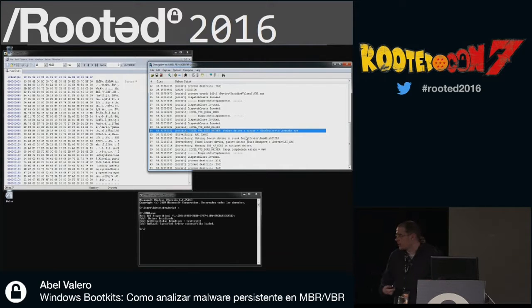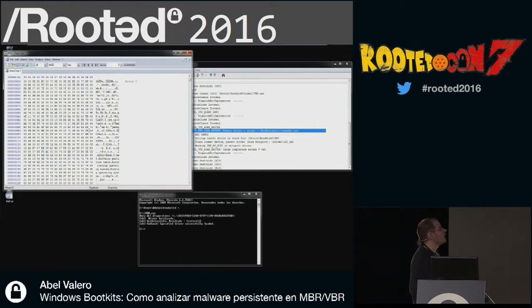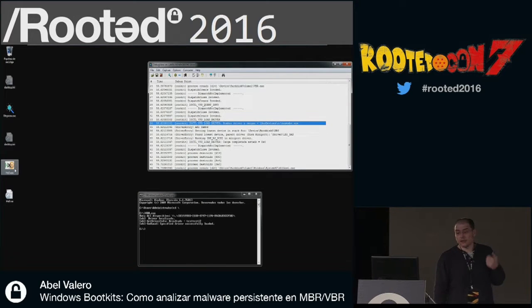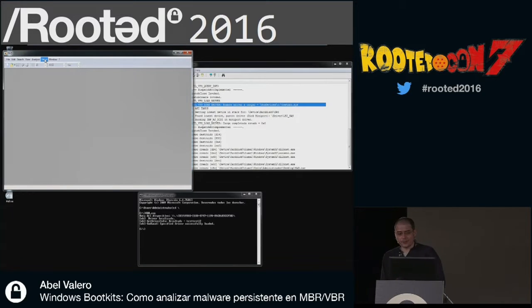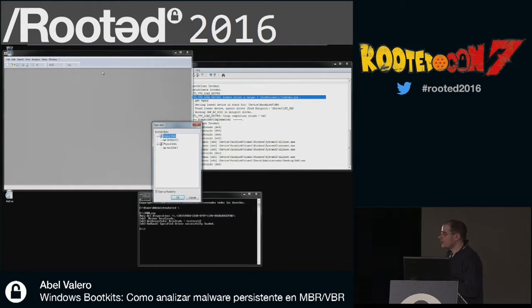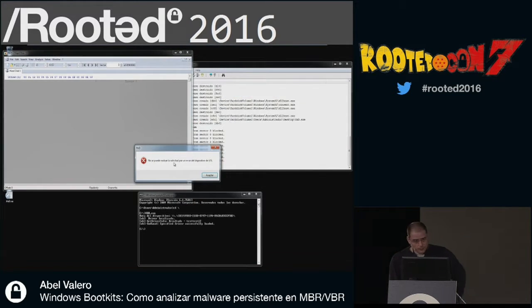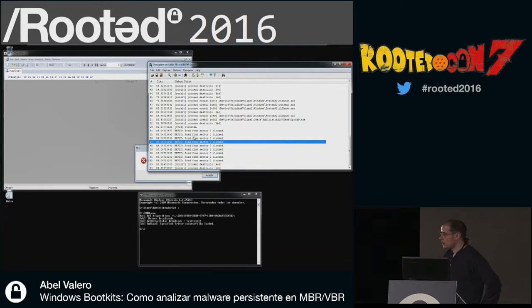I'm not working for Microsoft for this to be loaded. You have it loaded, and for you to notice that it's loaded, let's read sector 0. To avoid readings, I open up and shut down, and from then on, a filter will be established that will not allow us to read the sector. We got a failure.